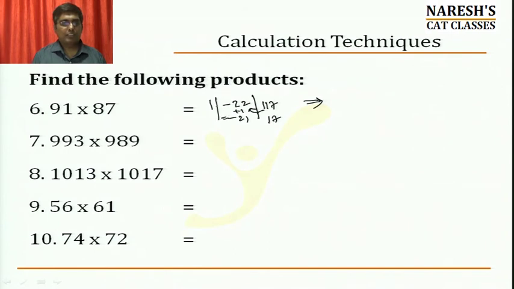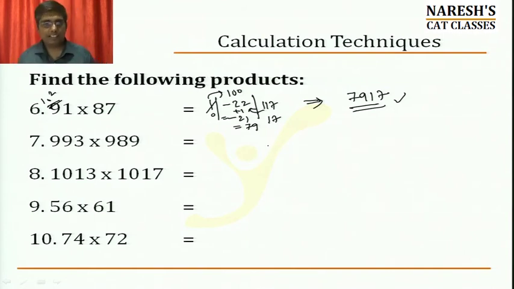But because it's minus 21, I need to do a carry back again. It will become 100. Why? Because the base here is 10 square, and hence it will become a 0 here. 100 minus 21 is equal to finally 79. Hence the final answer for this is 7917. That's the answer that you get. Simple. 0 is there, so that doesn't matter. 7917 is the right answer.